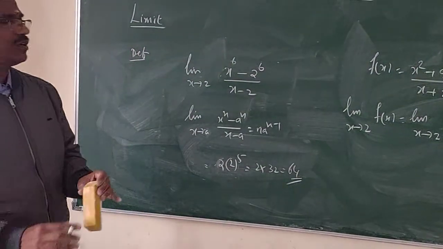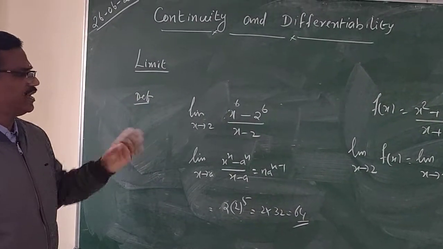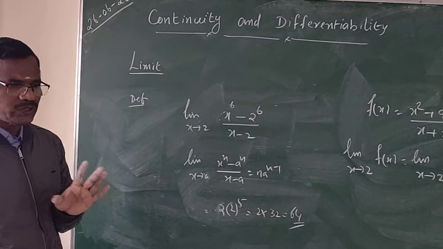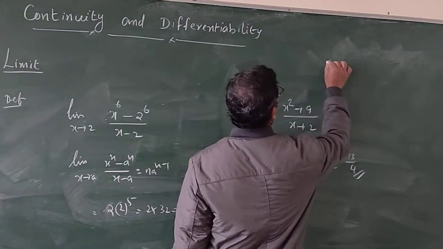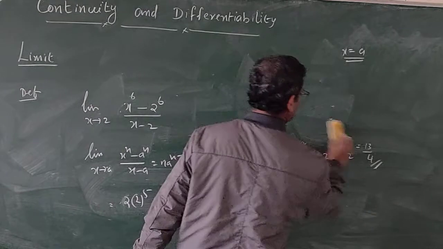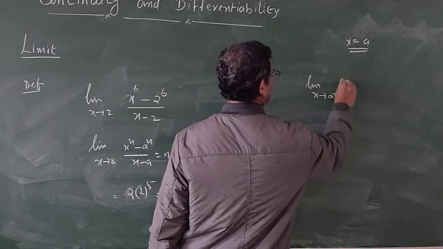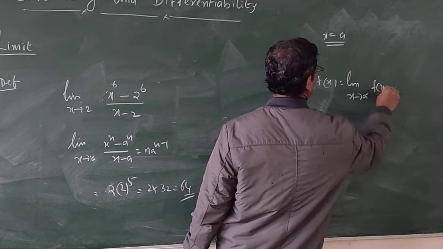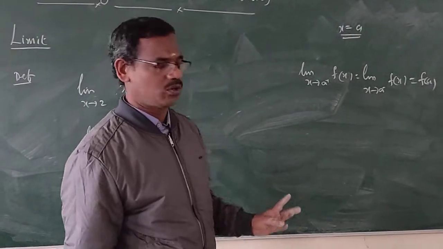So what is required today is that you have to go through the limit of class 11 once again, so that we can come to the next class in detail about the continuity. So I explained to you the continuity of a function. A function f(x) is said to be continuous at a particular point if limit x tends to a plus f of x, limit x tends to a minus f of x is equal to f of a. This is to be found out, then only we can say whether the function is continuous or not.